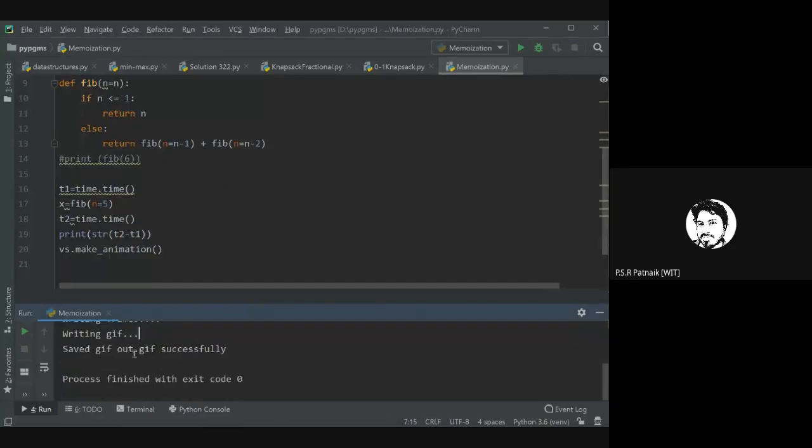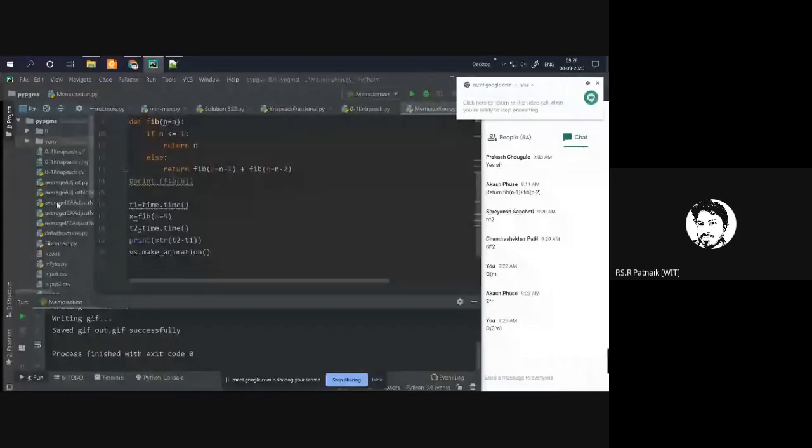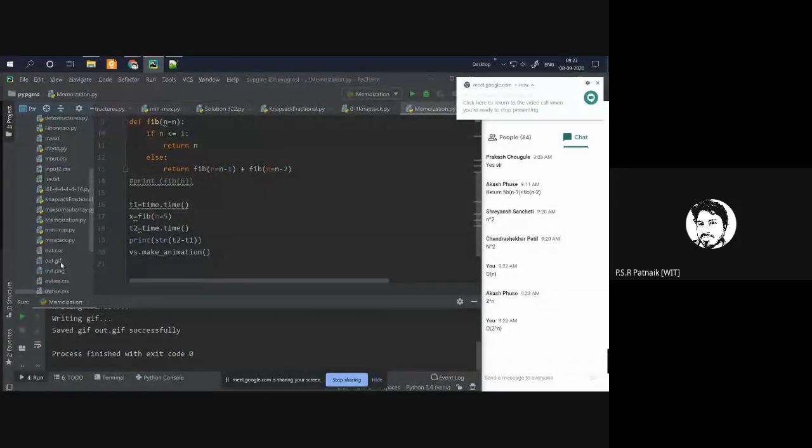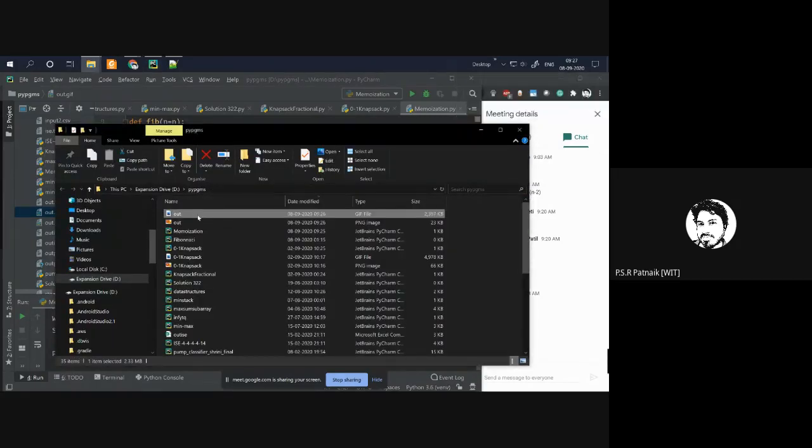Okay, so now I have the GIF saved. Let me show you the recursion tree. So here I'll share my screen. Okay, so what is that? The output I would be getting is inside a file out.gif. So now if you check this GIF,